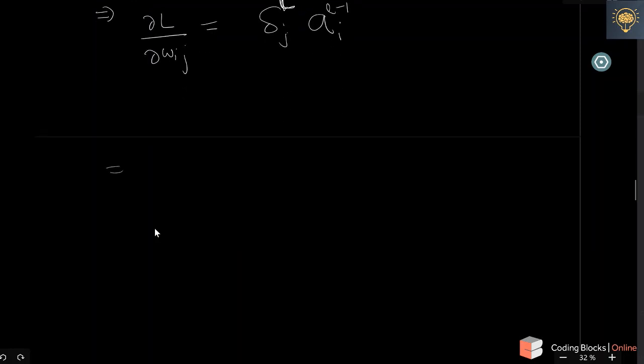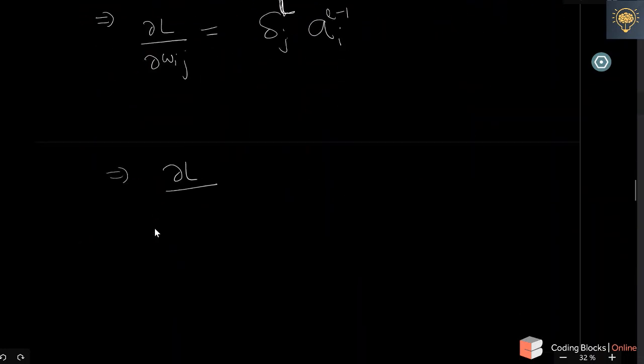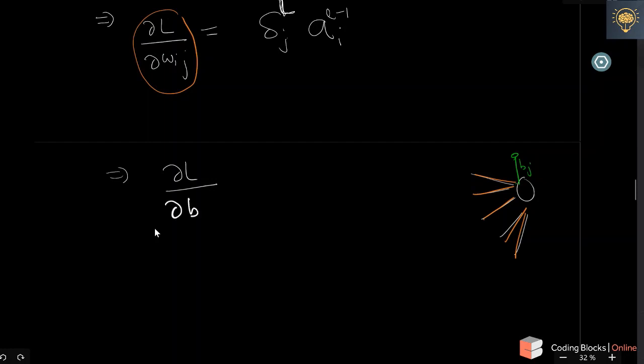We also need to compute how the loss changes according to the bias. So in the output units, in the final layer, you know how the weights are going to get updated. So you know this thing now, delta L with respect to delta of W of Ij. This is now known to you. Now you need to know how the bias is going to get updated. So let's say this is some bias B of J. So we need to figure out how this bias is going to get updated. So delta of loss with respect to bias of J is again going to be written like this.